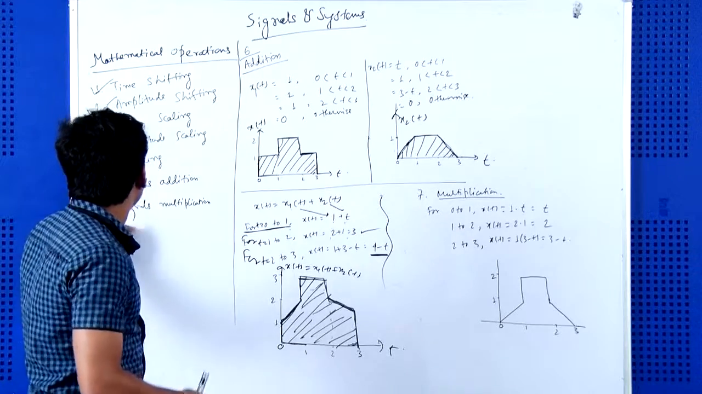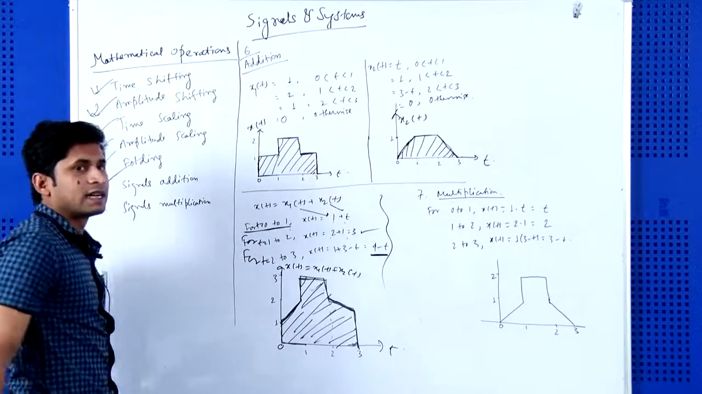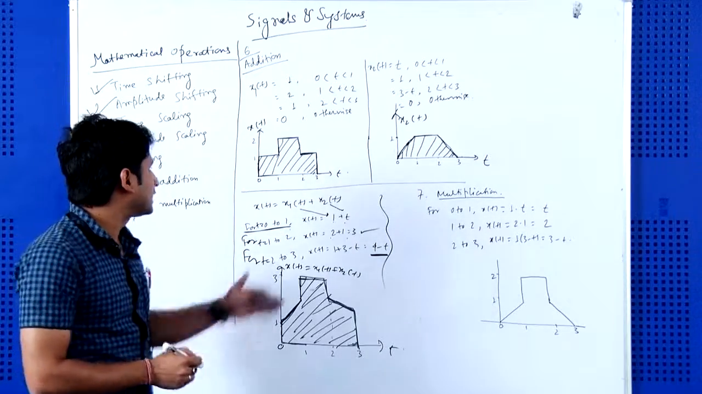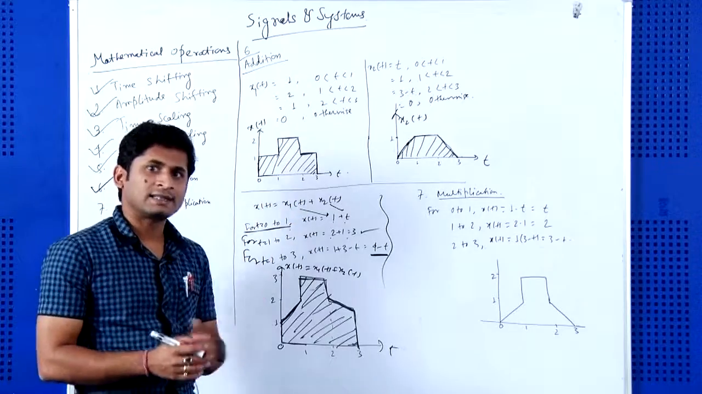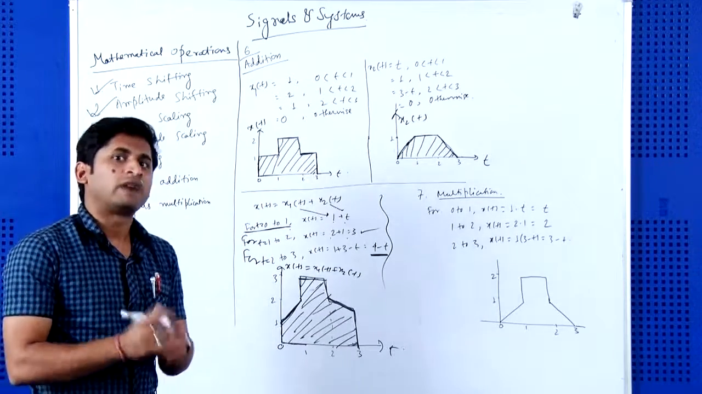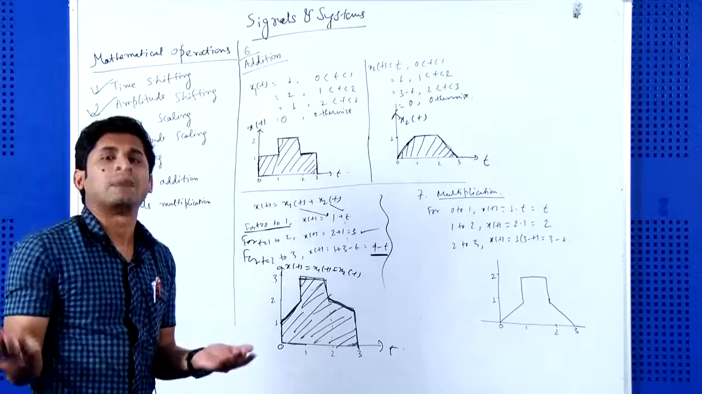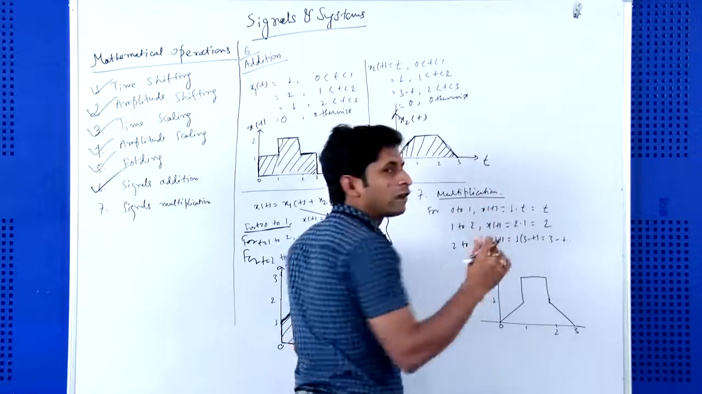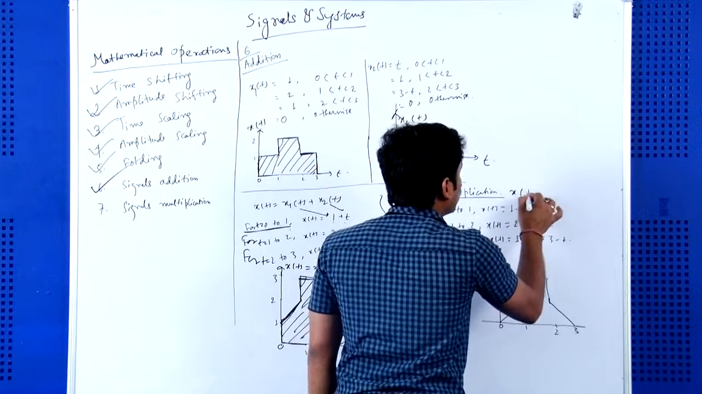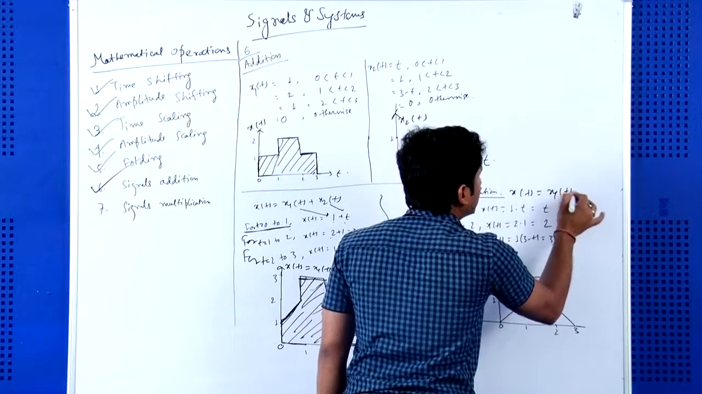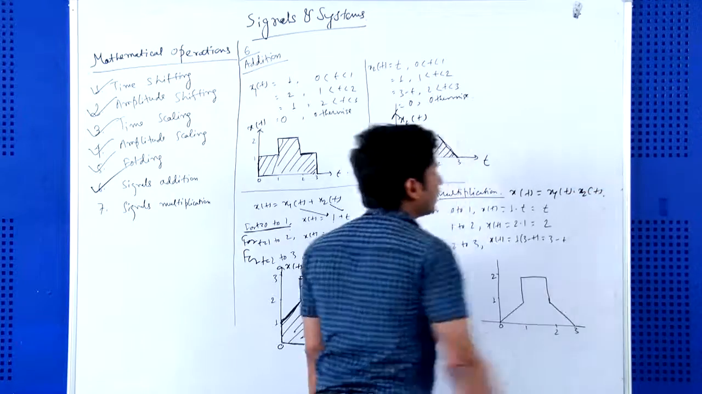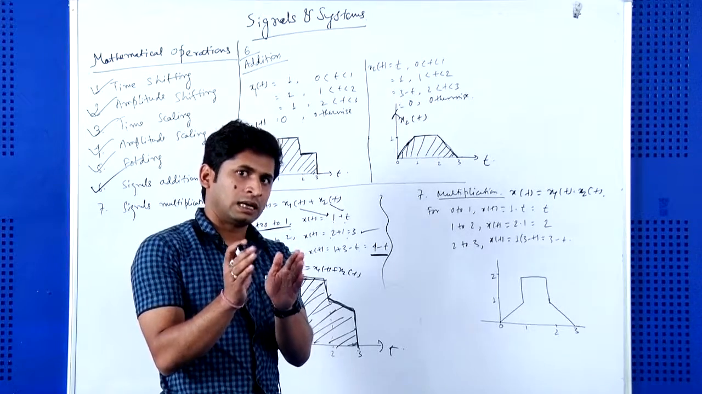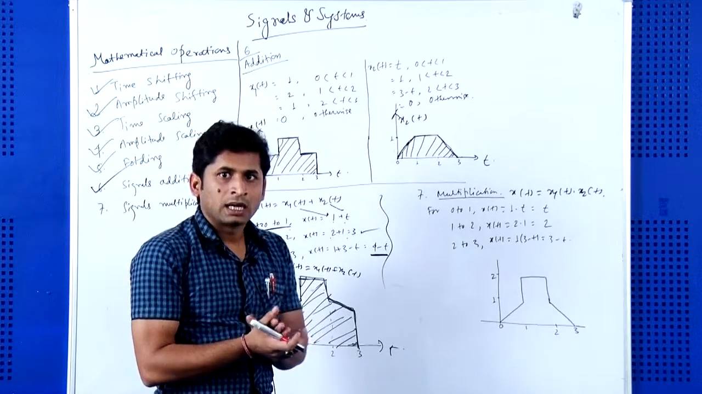Now the 7th point, so the 6th point is done. Now the 7th point, signal multiplication. The same procedure you have to apply. Here I just added these two signals x1(t) and x2(t) to find the addition of the two signals. Here you have to multiply. So we want to find the signal x(t), which is the multiplication of x1(t) and x2(t). In this case, similarly, we have to check the time limit, correspondingly find the amplitude, and